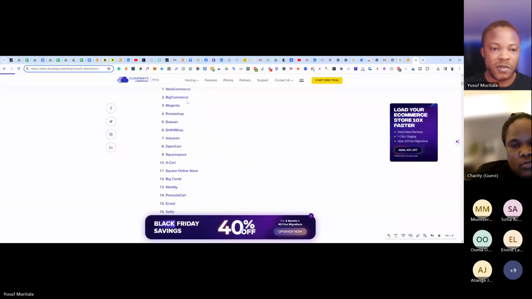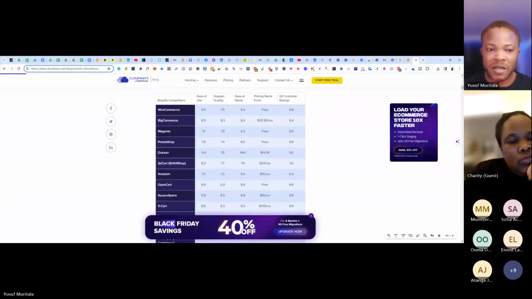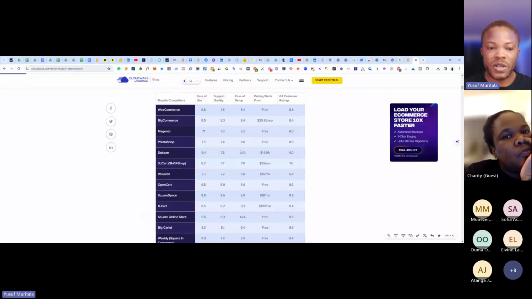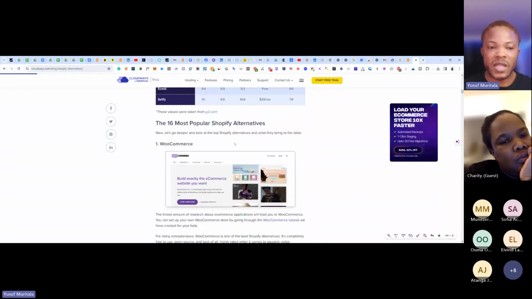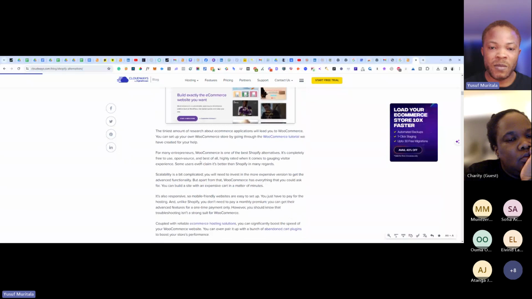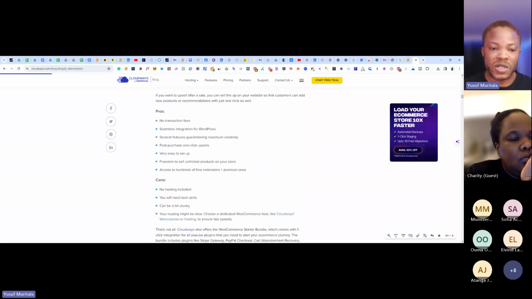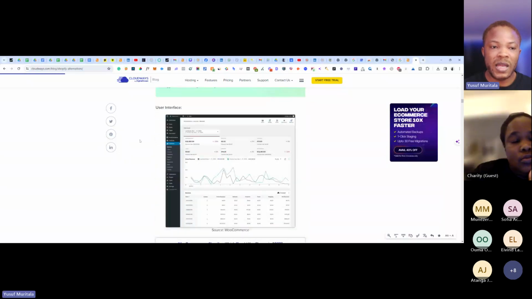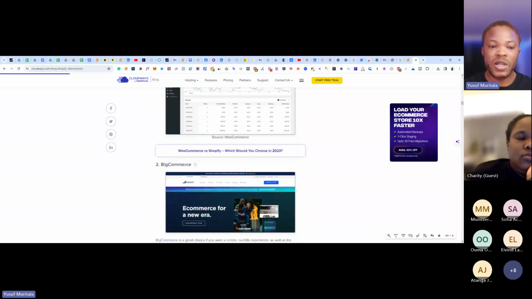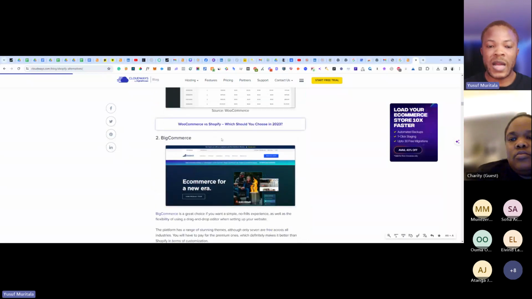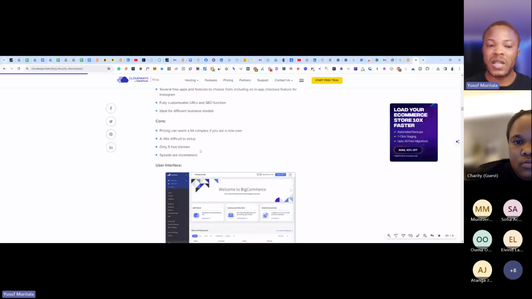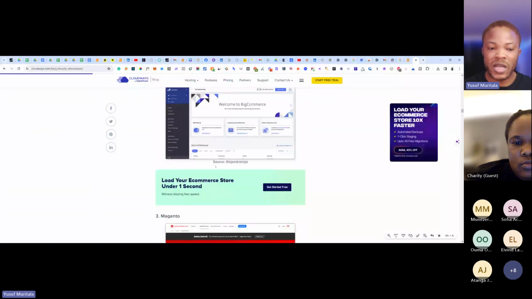And then they start to list them, and all of the factors, everything, what it is about, the pros and the cons of using it, the interface they showed, the second one like that, the pros and cons like that, the interface they showed like that.